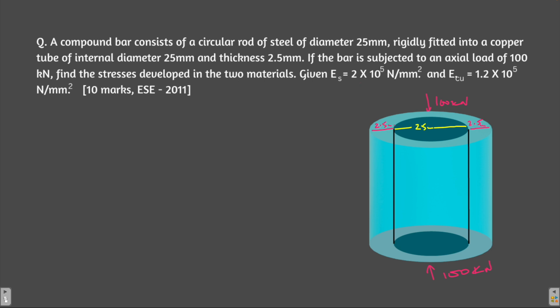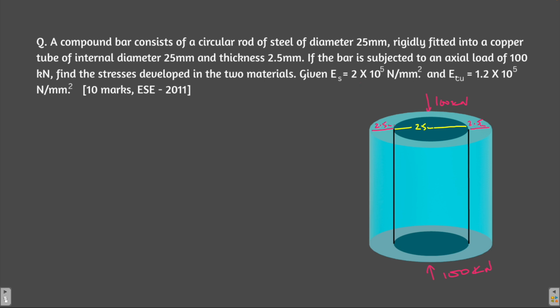We know what is stress. Stress is force per unit area. So if someone is thinking that the force is given to us, that is 100 kilonewton, and area we can easily find out, so stresses will be the same, force per unit area for the steel rod and force per unit area for the copper rod, then let me tell you, your concept is a little bit wrong, okay? Why? Because the force is 100 kilonewton for both of the bars, right?